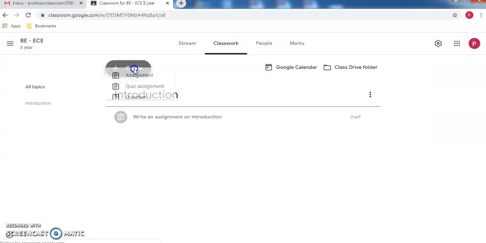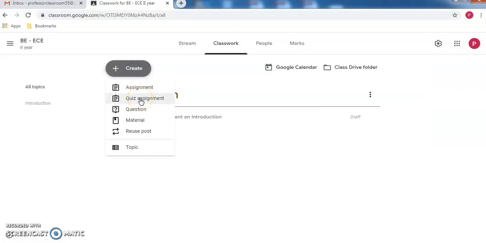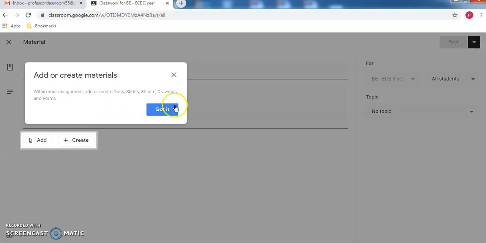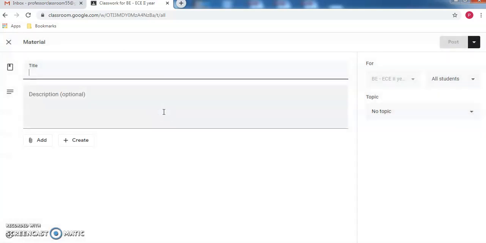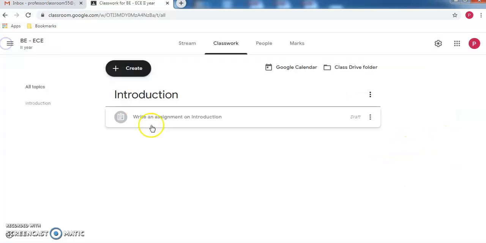Next thing is, we will see how to create a quiz assignment. So material, everything is same. You can see if I click on material, almost the same thing. I can put the title of the material, add content and give it. Only thing is, materials are shared for the students to study. They need not submit it back to me. Okay, so you won't have any due date kind of things and all. That's the only difference. Okay.